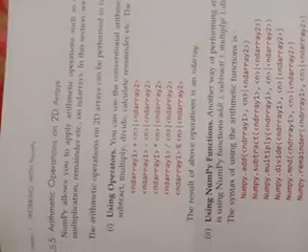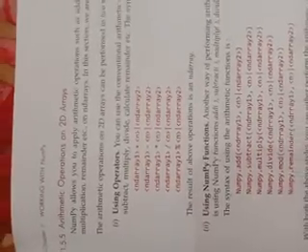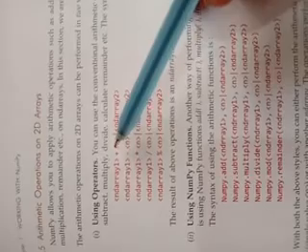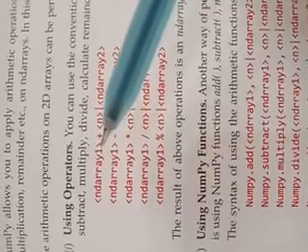Now here are some examples of array arithmetic operations. Arithmetic operations or vector operations on a 2D array. By using operators, you can directly use plus, minus, into, divide and percentage. You can also use conventional operators as you know about them. Suppose that there is an array plus n, where n is a number.